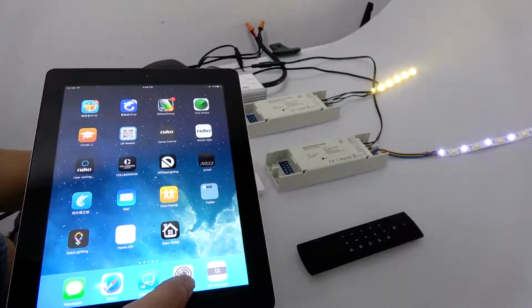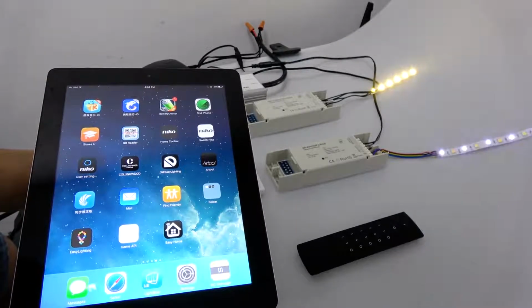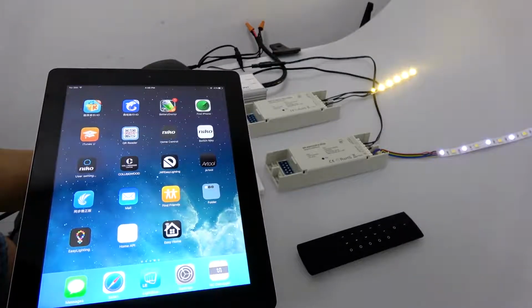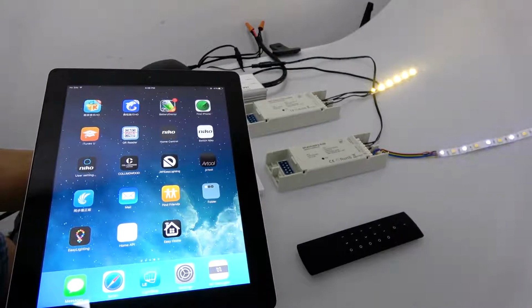Second, we will use an iPad to introduce how to add device, remove device, and control with the